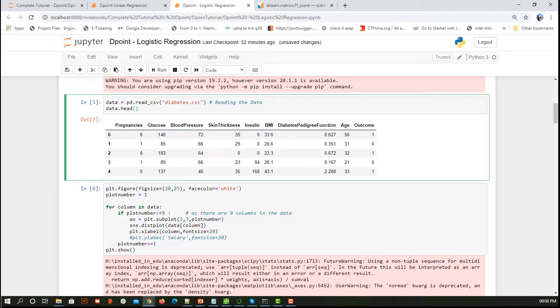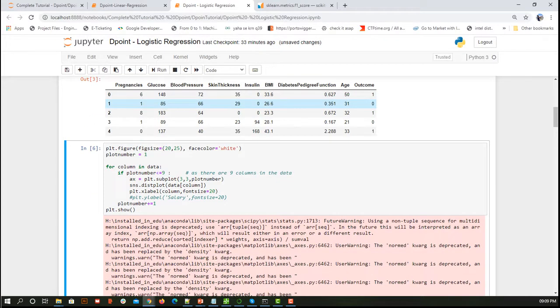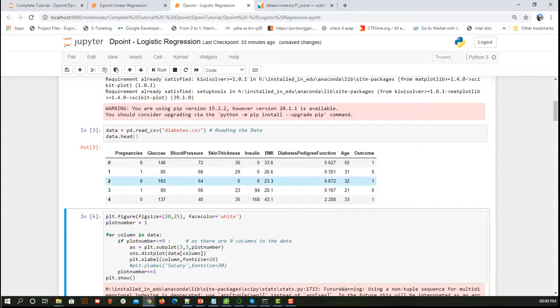So this was something that we are able to understand from the data given. Now if you want to know the mean, mode, and some more information, you can use the data.describe function and many such other functions which we have discussed already. But today our focus is to get the concept of logistic regression.